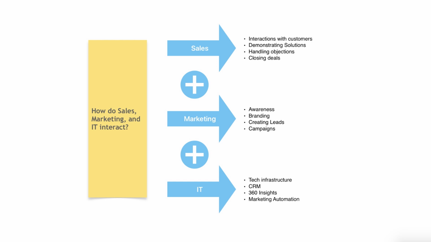IT provides and manages the essential tech infrastructure, the CRM system, that's the heart of it, marketing automation tools, data analytics platform. Tools that allow sales and marketing to actually collaborate effectively. Yes, and crucially, IT facilitates the integration of these systems. So when marketing identifies a hot lead based on their online behavior, that information, the score, the specific actions they took, instantly appears in the sales rep's CRM view.